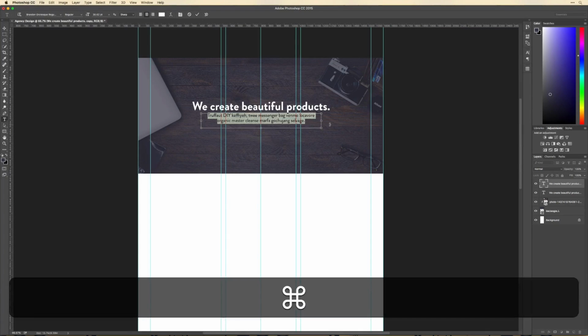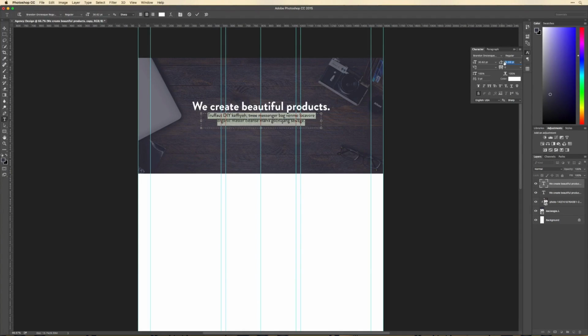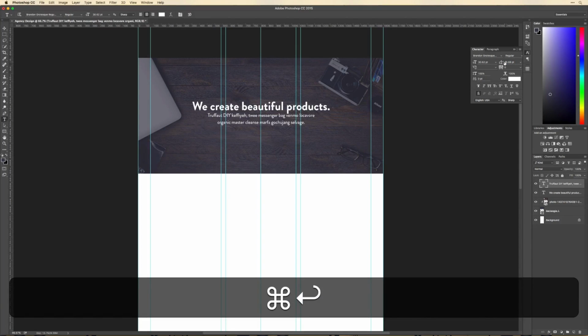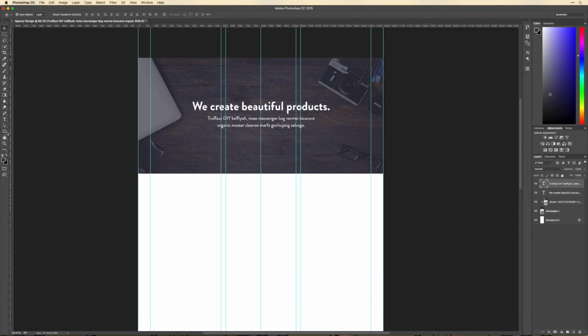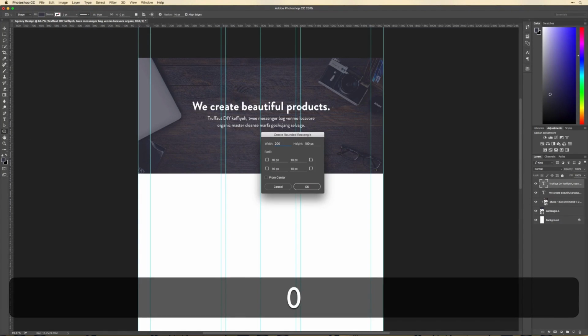Something like that looks pretty good. The leading is a bit off, so let's bump that up. Perfect. All right, and now let's make those buttons. So let's grab a rounded corner, and I'll just say, let's make a 200 pixel wide and a 50 pixel